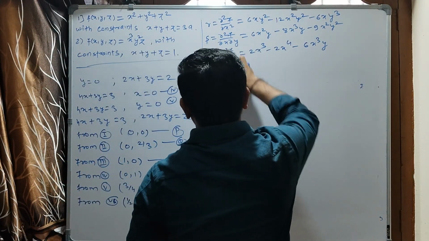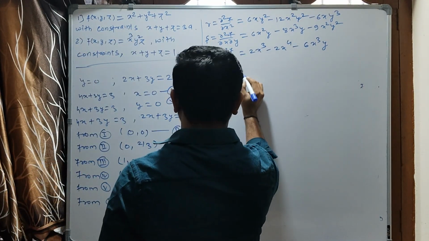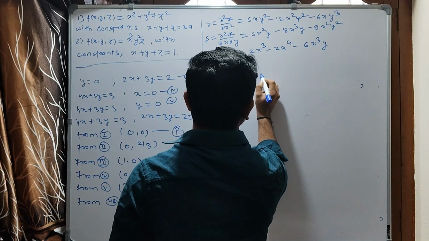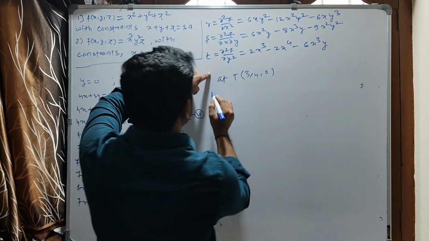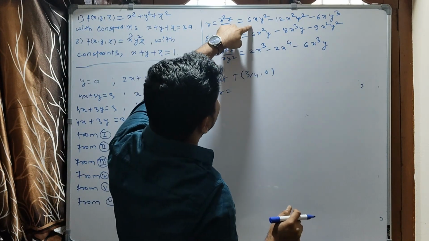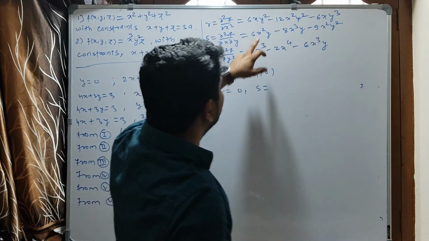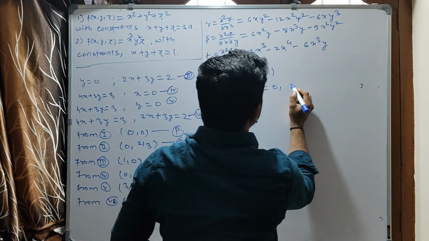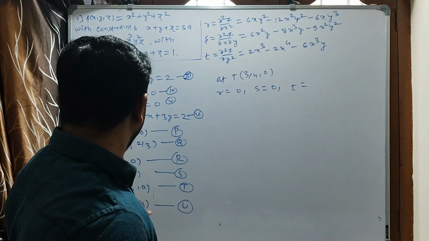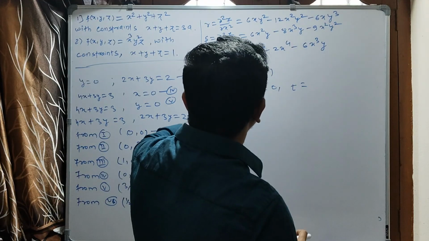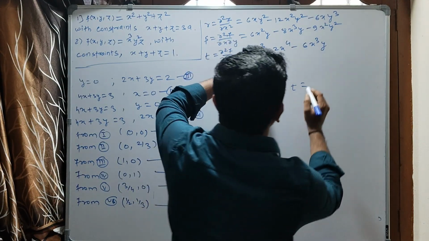Now at t, that is (3/4, 0). So here y is 0. So r equal to, if y is 0, this is 0, so r is 0, and s equal to, here y is 0, so complete 0. And t equal to, now at x equal to 3 by 4, we have to check here r equal to 0, s equal to 0, and t equal to, so here 2 times,